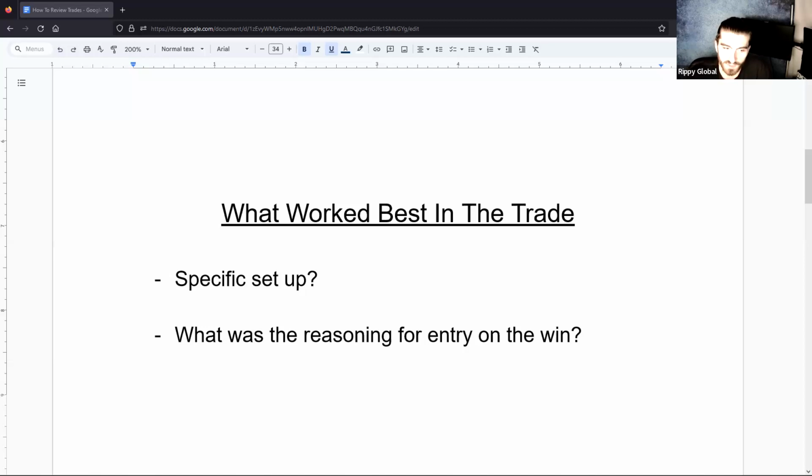So eventually, once you don't do that kind of FOMO trade, or you're forcing a setup that you may not even do usually, eventually you stop doing it and it cuts out those extra trades you're throwing in for the day. And then what's the reasoning for the entry on the win? What made you buy in? Was the pattern specifically in the spot you need it to be?